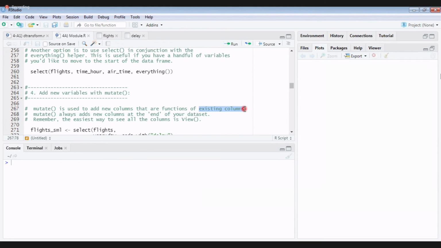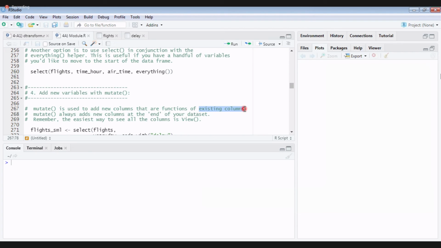Example, a student's data contains only date of birth. If I want to calculate his age as of now, can I calculate age based on date of birth? Yes, I can calculate using some functions: current day minus date of birth, divided by 365, some operations like that.